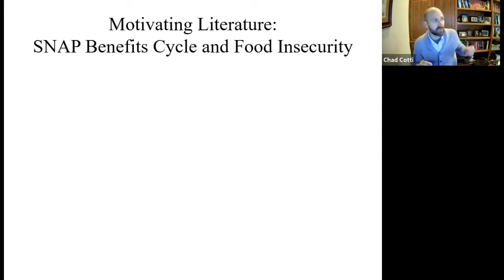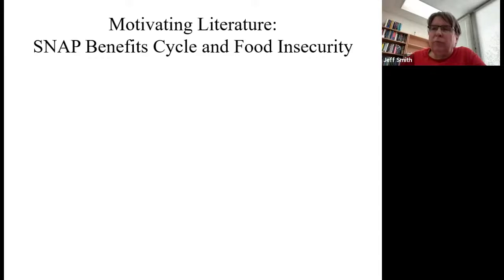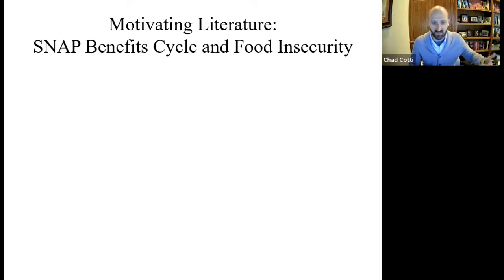Now, some motivating literature for this general concept starts with thinking about the SNAP benefit cycle and food insecurity. We know that the goal of SNAP is to alleviate food insecurity for low-income households, but there's been a lot of research about the benefit cycle. A specific household's benefit cycle begins the day they receive their benefits and ends the last day before their next installment of benefits. So a particular household's benefit cycle can vary depending on what their specific food stamp allocated day is, whether it's the 1st of the month or the 15th of the month or something else.